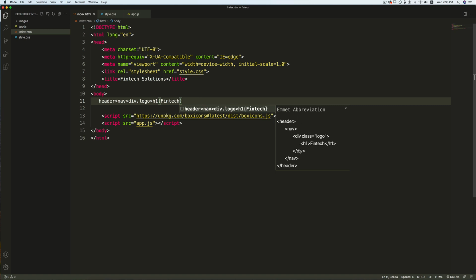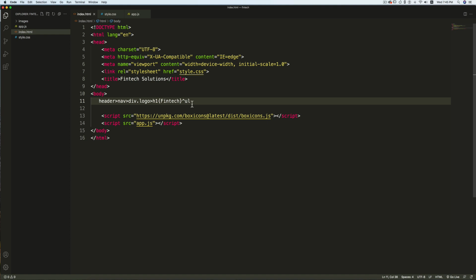Now after this I'm going to come back 2 steps up because UL starts after this div. So one step up will be from this, second step up will be from this. To move one step up, use a caret sign. This sign will take you one step up, and again I want to move one step up. So after moving 2 steps up, I'm going to create the UL. See where the UL is. So this is not right. I need to just move one step up. So I'm going to remove one caret.